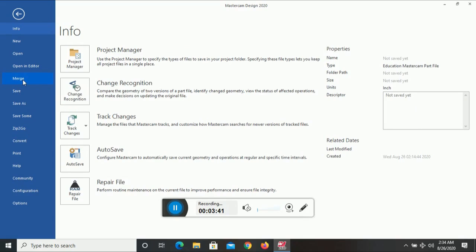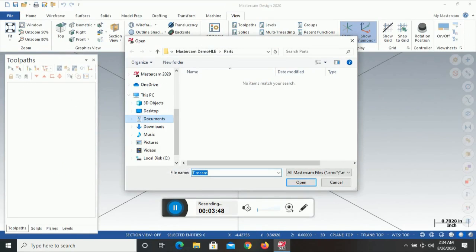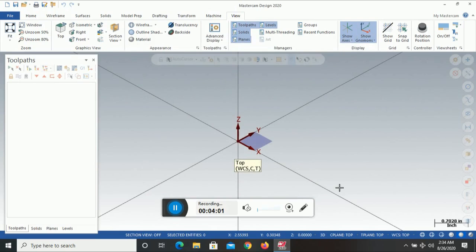To merge two different things, like we have a geometry and another thing, the fixture, and we want to merge them, then this feature is used. I will explain this feature in the later part.